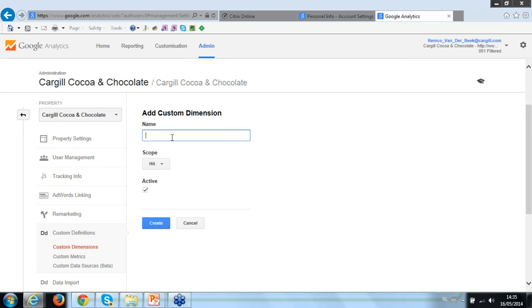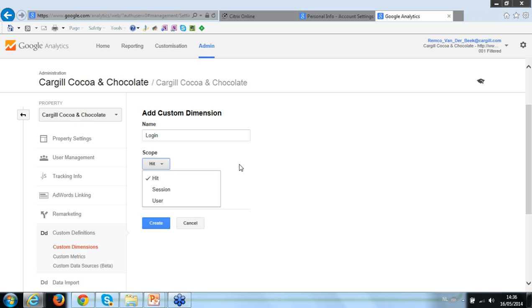I have to give it a name, so in this case, for example, login, and I have to define the scope. The scope can be hit, session, or user. Basically Google is asking me whether this custom dimension applies to a user or visitor, to a session or a visit, or to a hit. A hit is usually a page view.